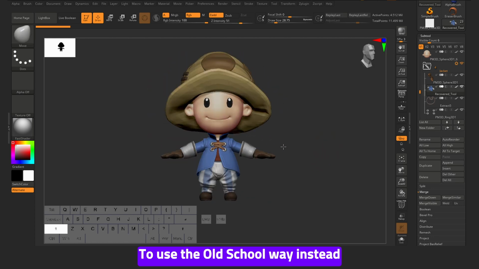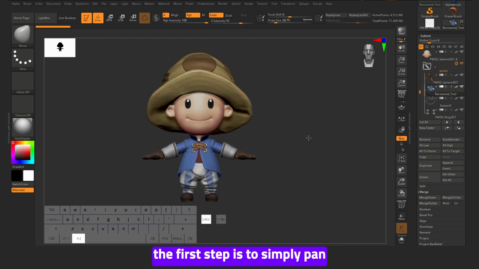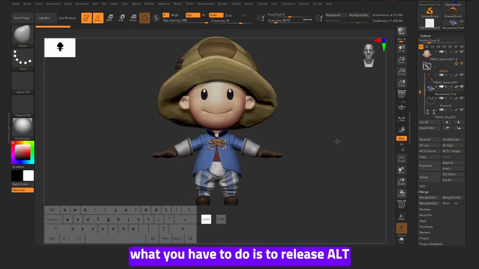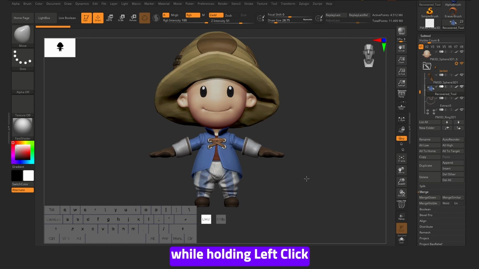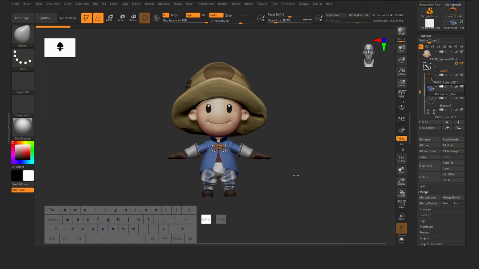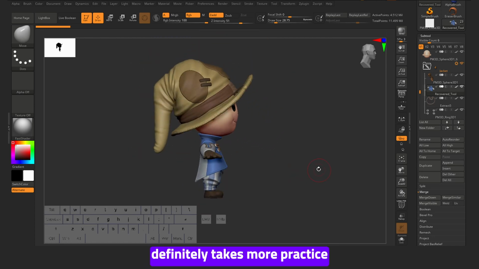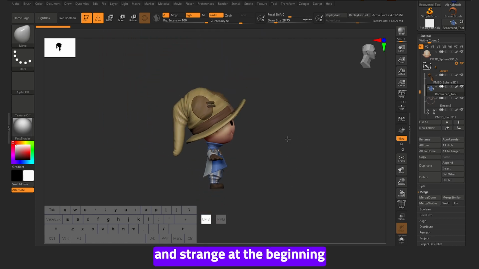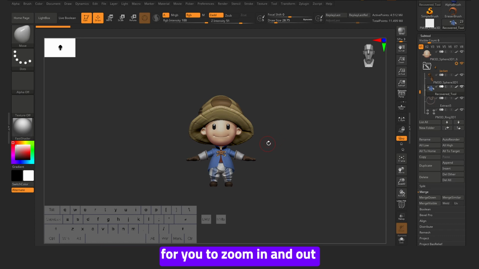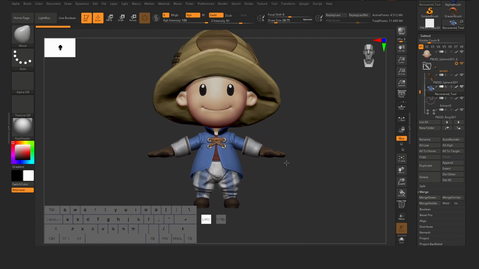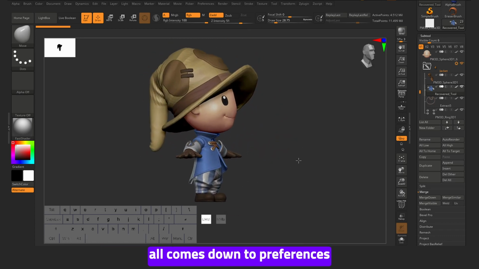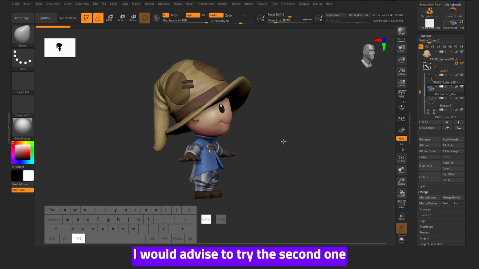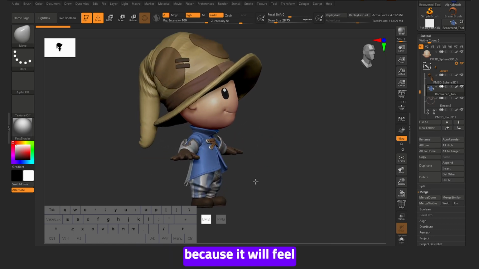To use the old school way instead, the first step is to simply pan while holding Alt plus left click, and then what you have to do is to release Alt while holding left click, and then you can zoom in and out. Now the second way definitely takes more practice, it might feel a bit unconventional and strange at the beginning, but I feel that this is the most comfortable way for you to zoom in and out. Now which way to use all comes down to preferences, so make sure to try both. If you're not sure even then, I would advise to try the second one,